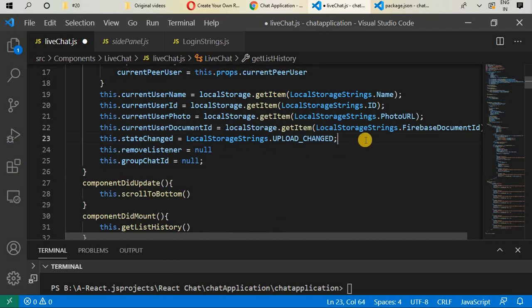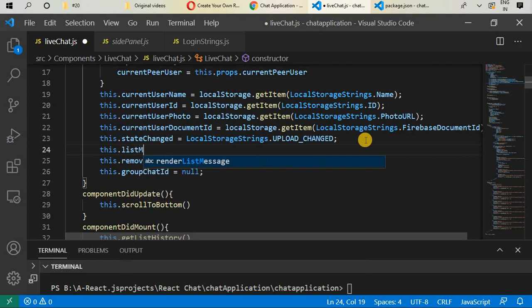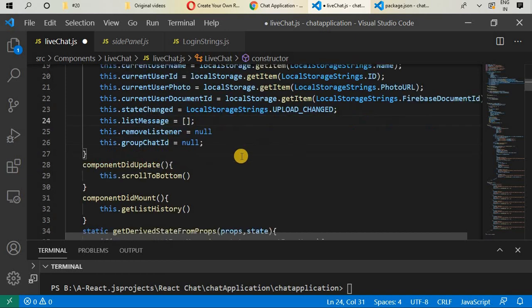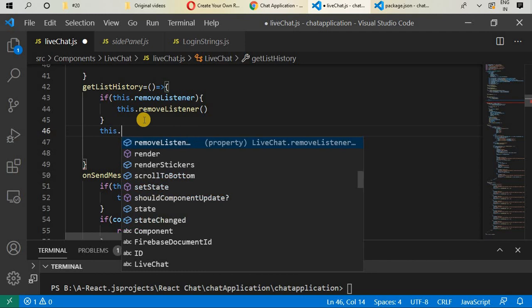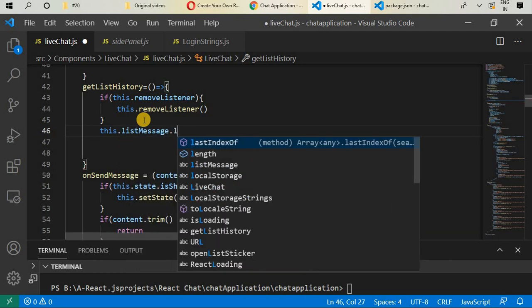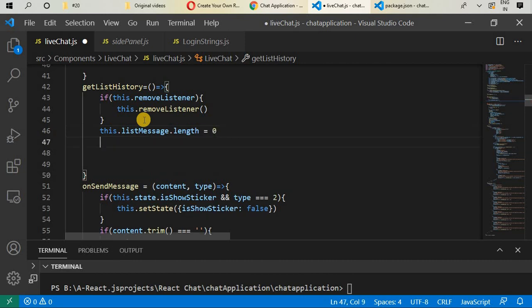And then in here we will write list message. First we will write here this.listMessage, and it is going to be an empty array for now. Go in here, we'll write this.listMessage.length is equal to 0,